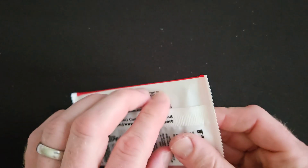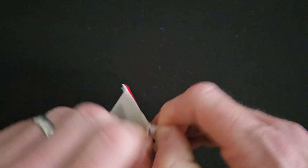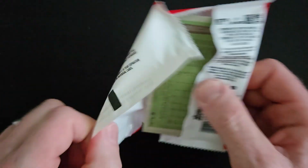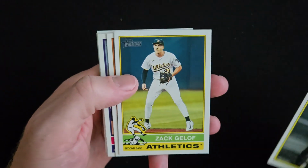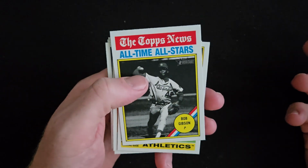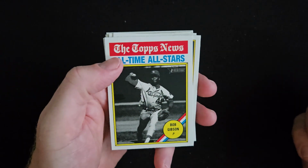Many you recognize from the 2024 as the big chases. These are their second-year cards with their gold cups. Perhaps their league leaders. And these are throwback cards, like Bob Gibson. Very nice set. If you're going to collect this set like my own 5-year-old son, obviously never seen Bob Gibson